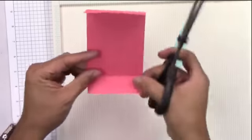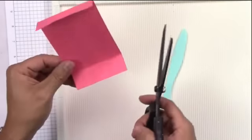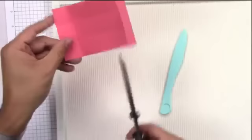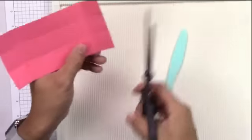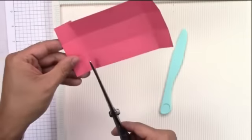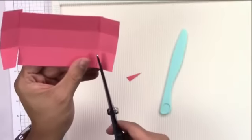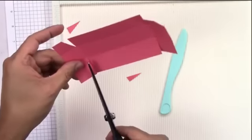All right. So now that we've got those situations situated, I'm going to come in here and I'm going to cut off the ends up until the first score line, because all I want to create right now is a tray. And you could decide, like I like to cut a little notch just so that I don't have it bulking in there. Just a little notch